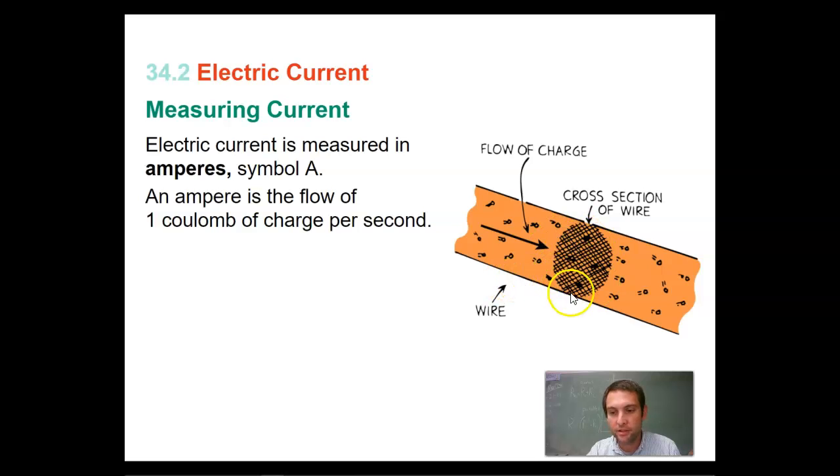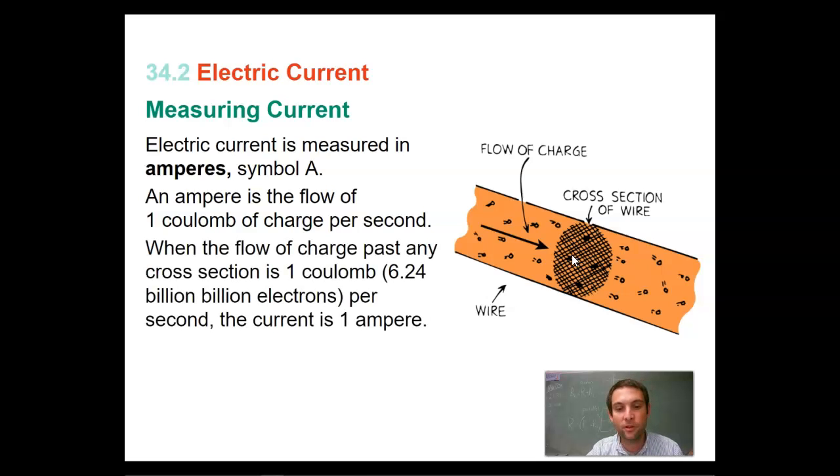So if we look at this cross-sectional area of the wire, if we chop the wire in half and we look at just the round part, an amp is the flow of charges per second. So 1 amp is 1 coulomb per second. 2 amps is 2 coulombs per second. When the flow of charge past any cross-section is 1 coulomb,